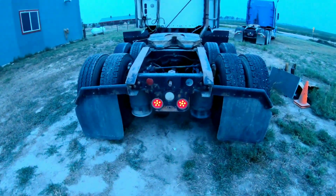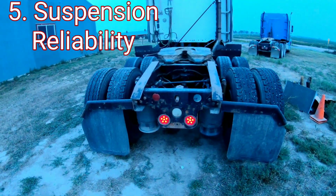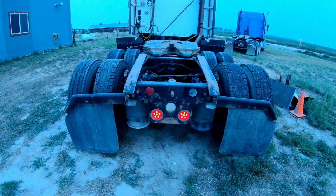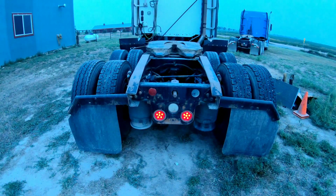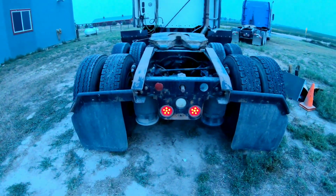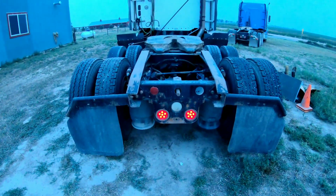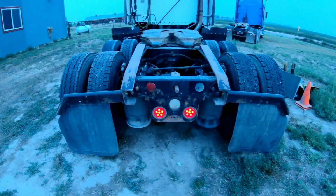All right, so number 5, we're going around the back of the truck, and number 5 is going to be the chassis and the suspension. Now, a lot of people, especially where I'm from and where I haul, they haul a lot of heavy big trailers on dirt roads, and they claim that the Freightliners aren't going to hold up. But honestly, over the last 6 years I've owned this truck, I've not had one major problem with my suspension on this truck. The airbags have lasted, same with the